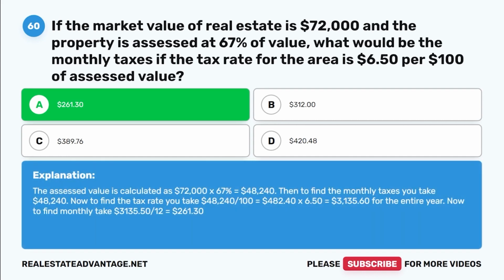$261.30. The assessed value is calculated as $72,000 times 67% equals $48,240. Then to find the monthly taxes, you take $48,240 divided by 100 equals $482.40 times 6.50 equals $3,135.60 for the entire year. Now to find monthly, take $3,135.60 divided by 12 equals